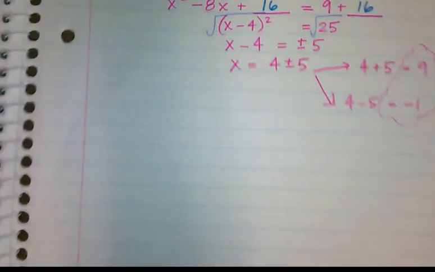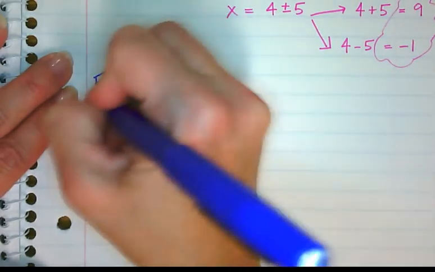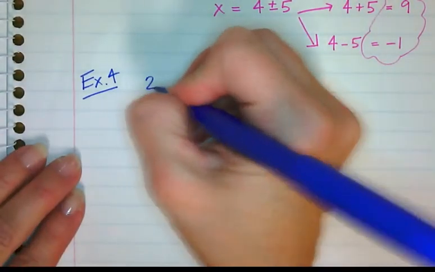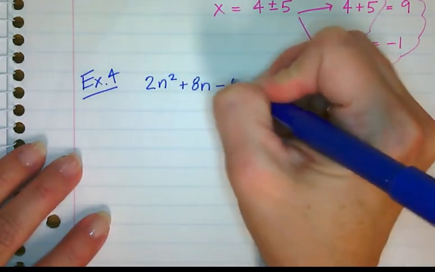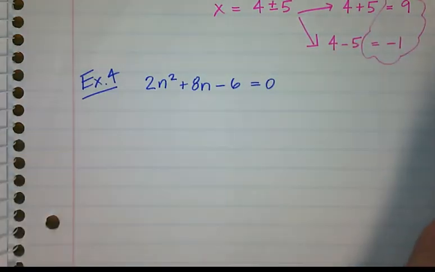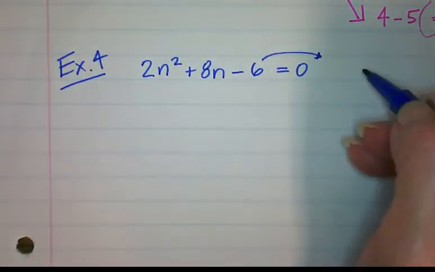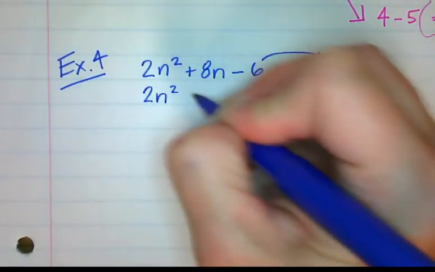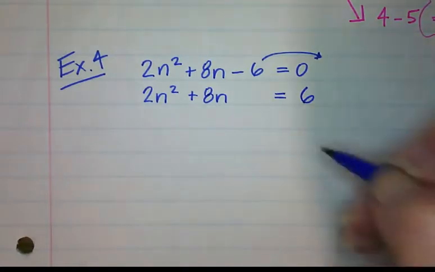So what you're going to notice about these problems is that we have a leading coefficient other than 1, and it is done a little bit differently. All right, so for our first one, 2n squared plus 8n minus 6 equals 0. All right, first step that you need to do is to get rid of that number. That is not the number that we need for this spot. So we need to move that 6 to the other side. So we have 2n squared plus 8n and then equals 6 because we need to add 6 to the other